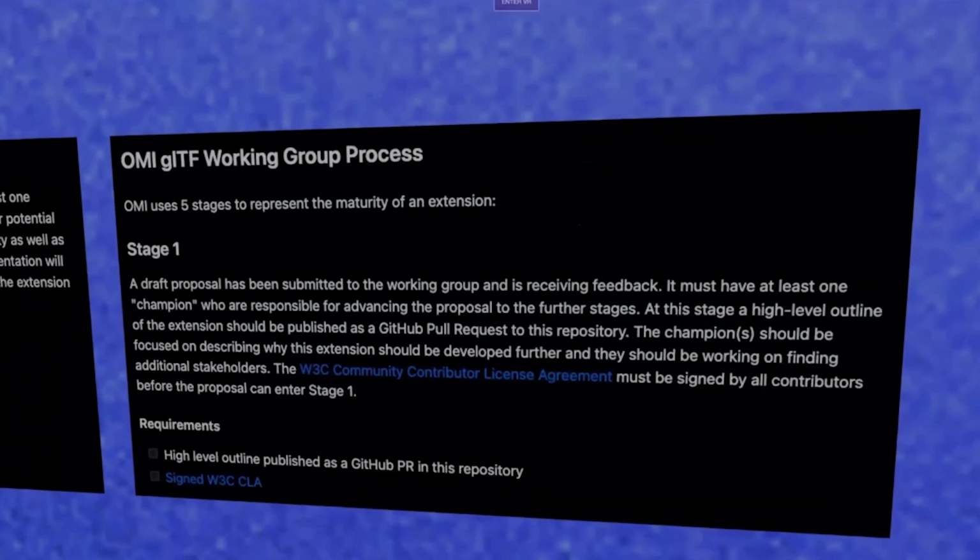Let's look at stage 1. A draft proposal is submitted to the working group for feedback, and we meet every Thursday for the glTF group. In this Thursday meeting, we discuss the extensions that we've been working on over the past week.